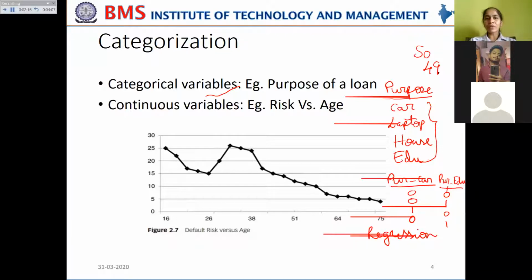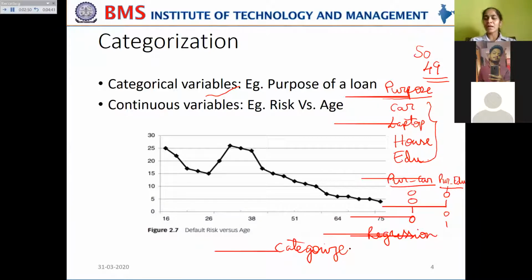Now, the disadvantage of creating this many dummy variables is that the regression model has to estimate each and every variable value for all these 49 points. That will be a very humongous task. That is why, when we are taking dummy variables for a categorical variable, we have to convert them into different categories or classes.